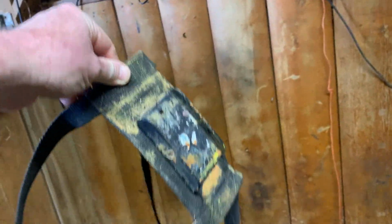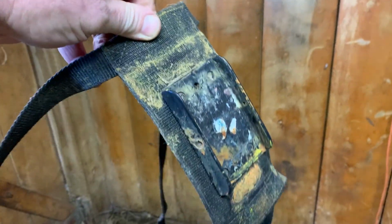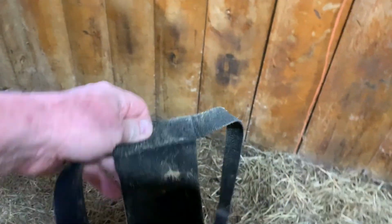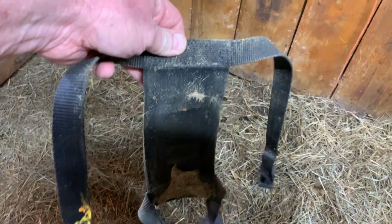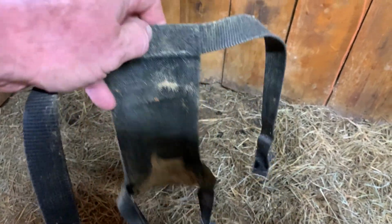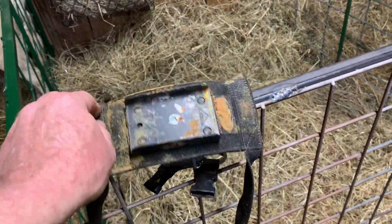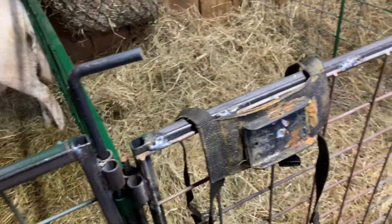This is actually a breeding harness for a ram. It goes around their neck, under their front legs. For a ram, this would go down between his front legs, and these straps go over his neck, up over the back. But what I do with this is I put it on the ewe, and then I tie to that